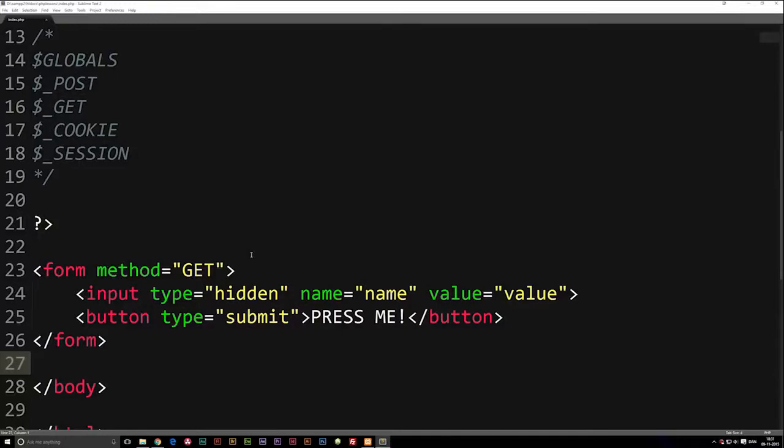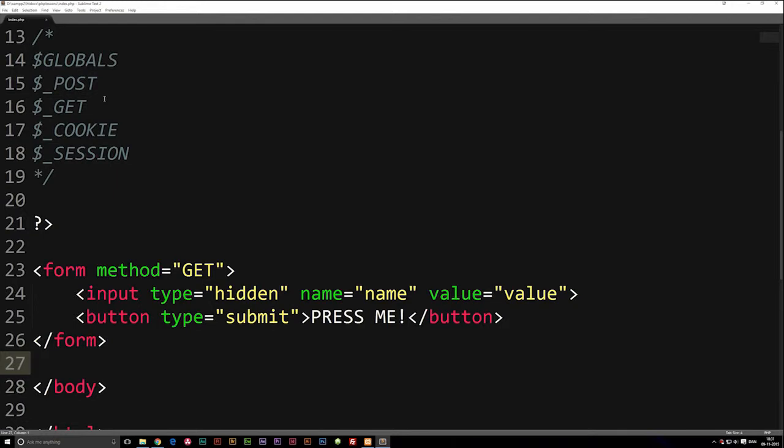Today we're going to continue talking about superglobals inside PHP, and for this episode we're going to talk about a couple called post and get superglobals. Now these two superglobals are used for many things inside PHP, and yes, you will be using these quite often when you code PHP code. Now the basic idea behind post and get superglobals is that you can pass information into the URL and use